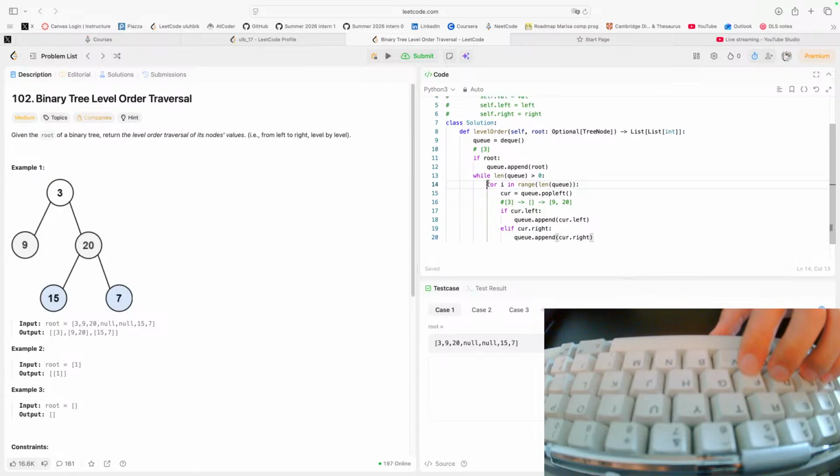Now we finished out the loop because it was originally only one. The length is only 1, so you only iterate once. We go through, all right, finished. We go back to the while loop. Now we have 2 things in it, so now we have